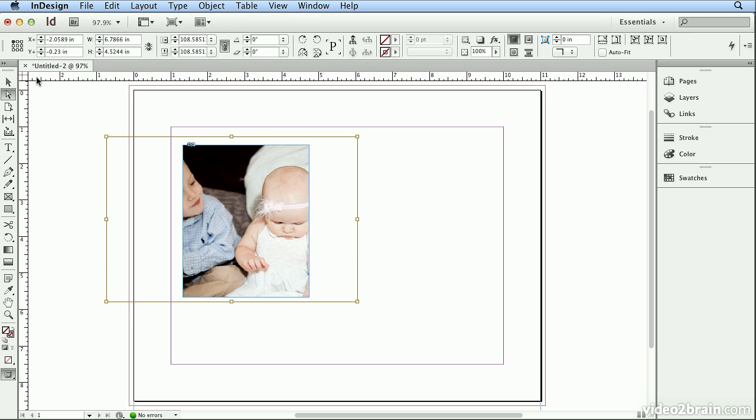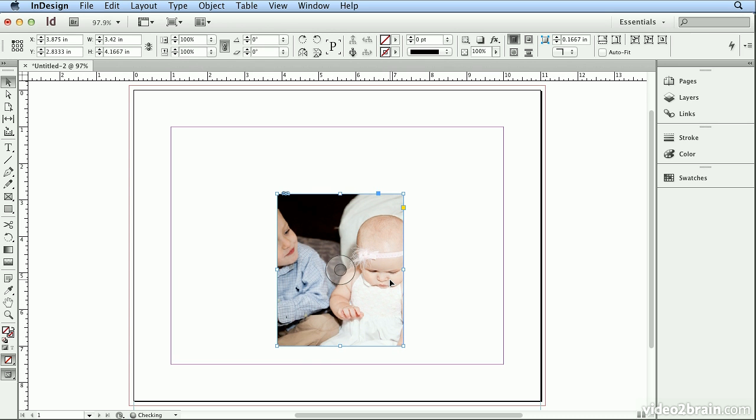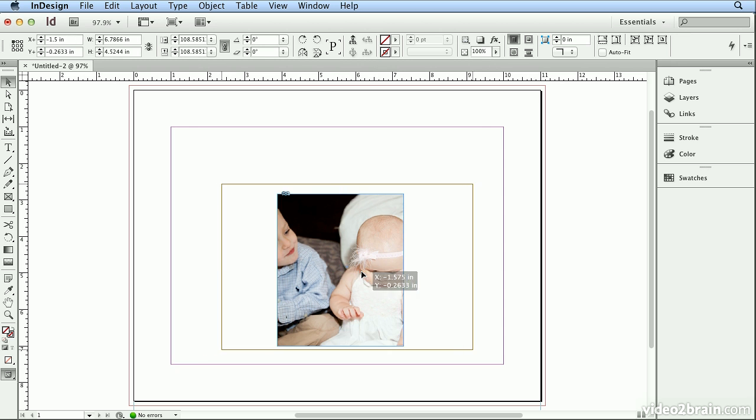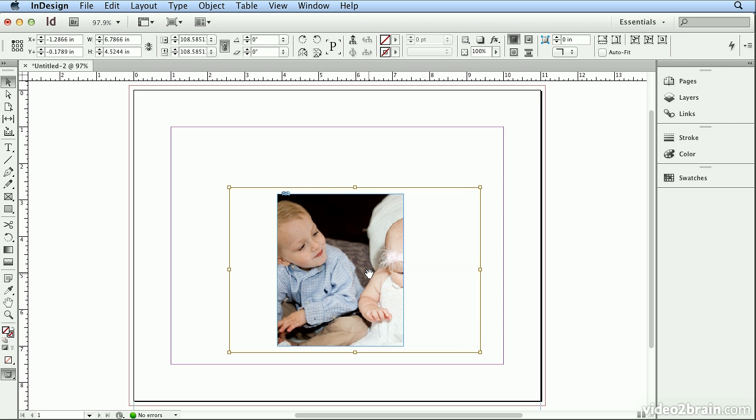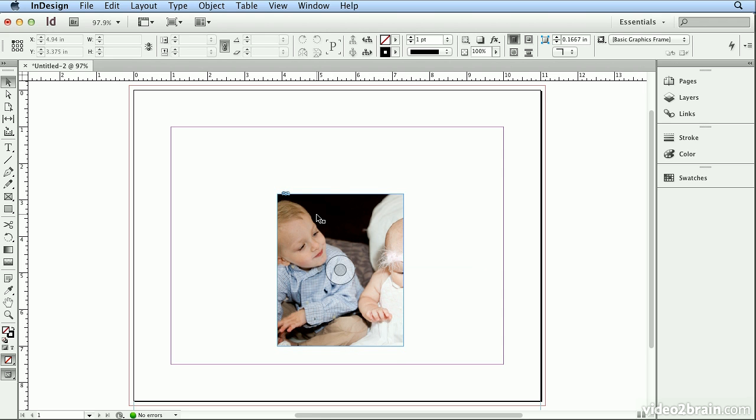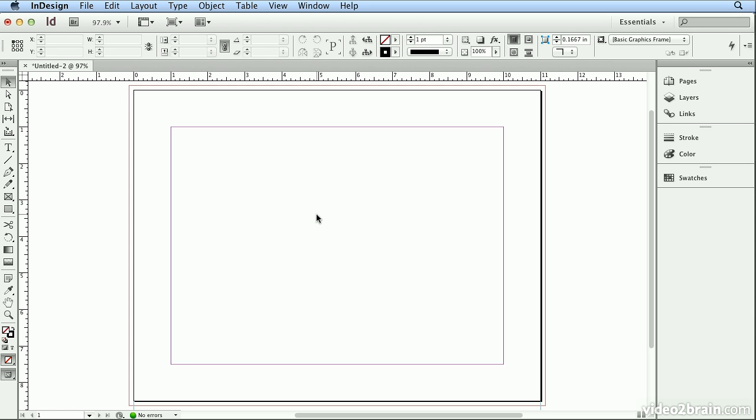And I'll go back to my selection tool. Now when I switch to the selection tool, I still have the orange points. That means I have the picture inside the frame selected. So I'll click away and click once on the photo, and I can move it as long as I don't hit the center. When I hit the center, I get the orange points again, meaning I have the picture inside the frame selected. So I'll click away, click the photo, press Delete or Backspace on my keyboard,